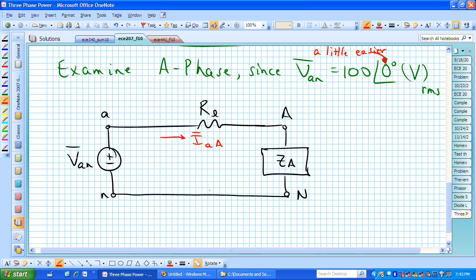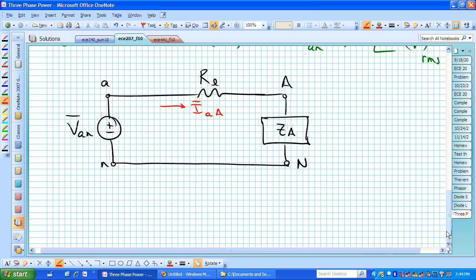Obviously, the current in this neutral conductor, you have to add up all three phases to get the true neutral conductor current, but right now we're just isolating on one phase, and we should realize that the neutral conductor current is the sum of all three if you go back to the original circuit. We can now find this line current, I sub AA, by simply using our techniques that we're familiar with,